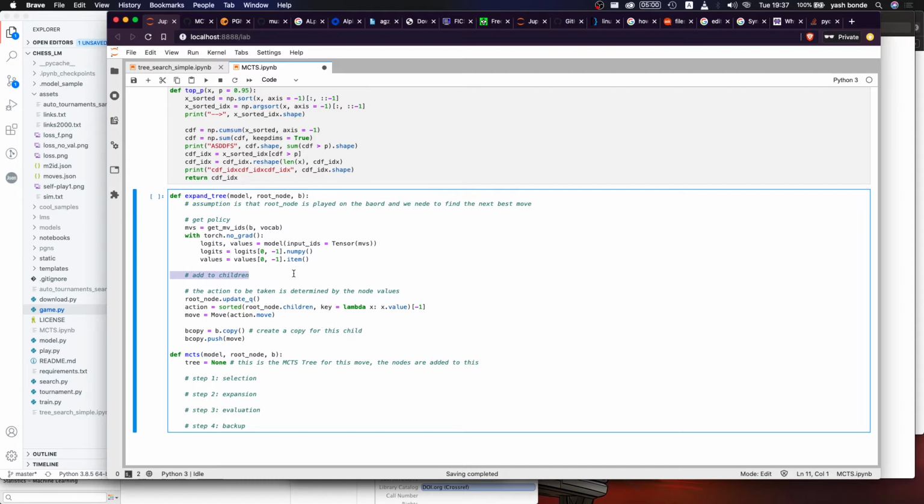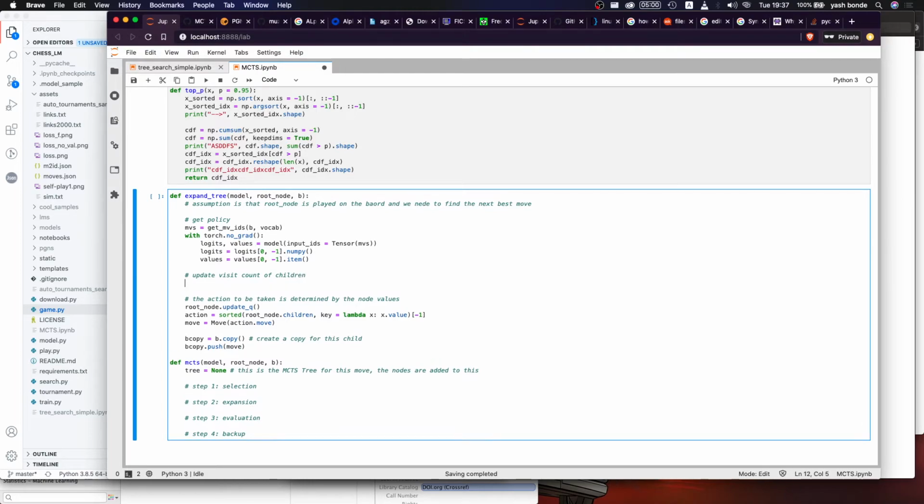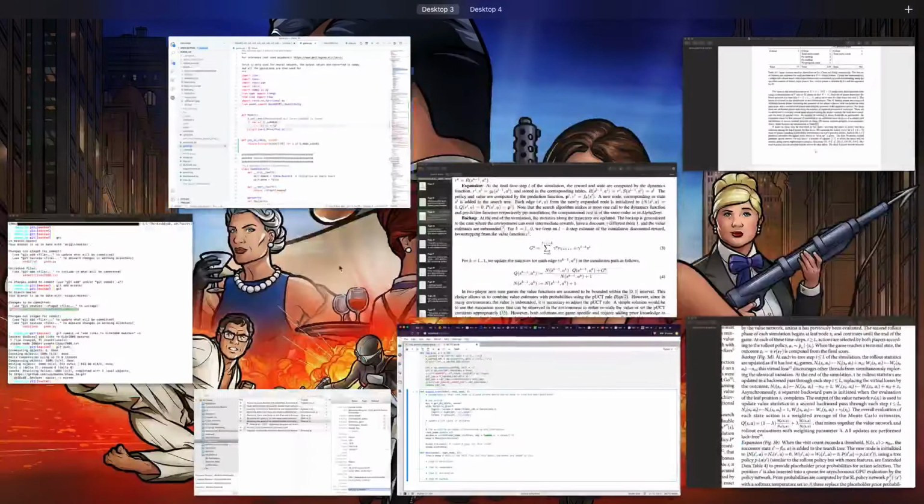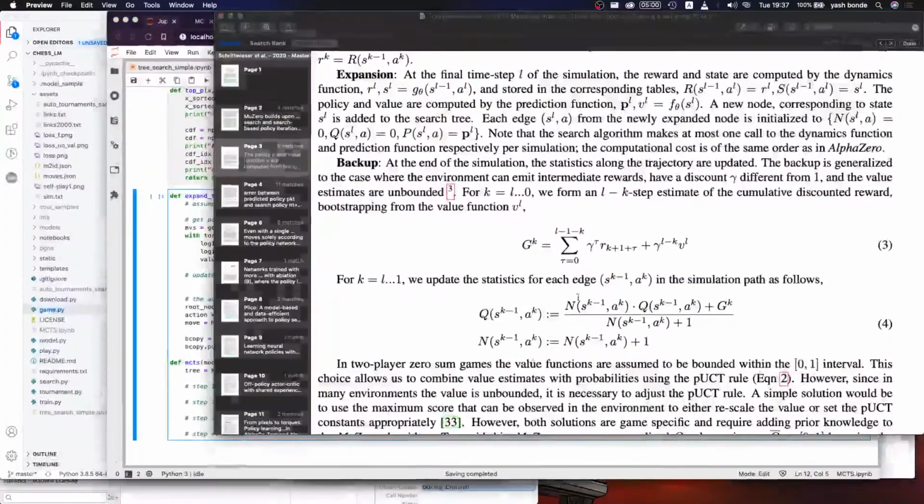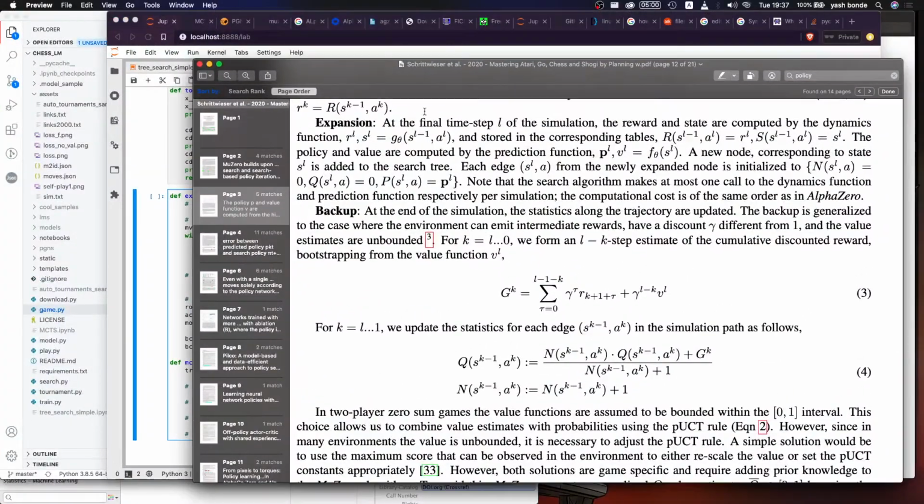Now we don't actually need to not add to children, update visit count of children. What that means is we need to tell this model that